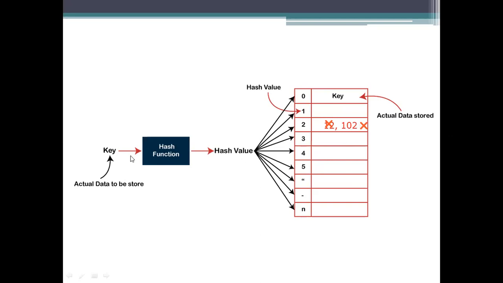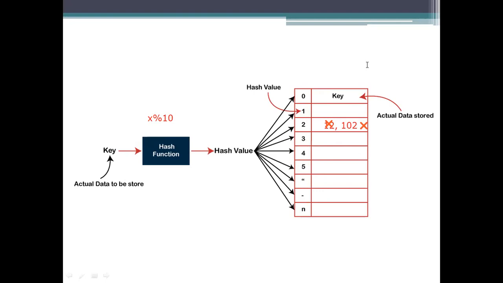So the actual data you are storing is considered the key, and the hash function is x modulus, mostly 10. If you take 20 or any other number, that is up to the example you have chosen, and we get the resultant remainder, which is the index value where we try to store the key.